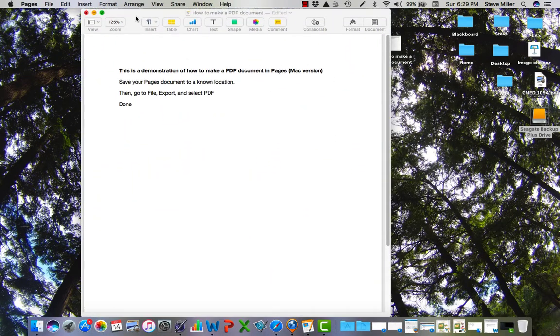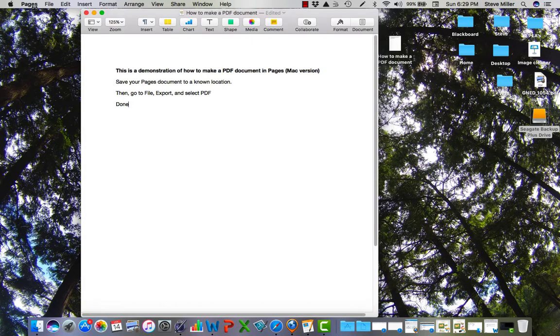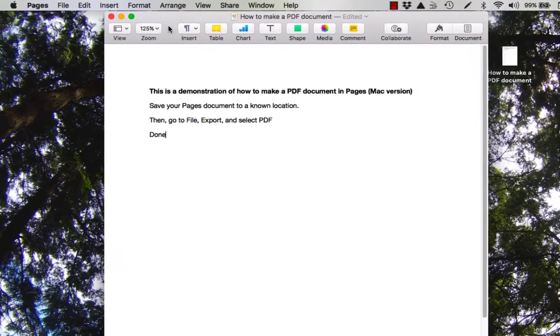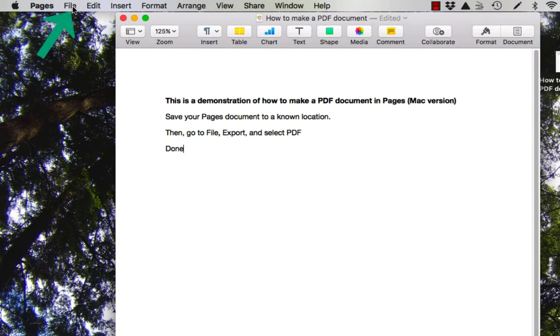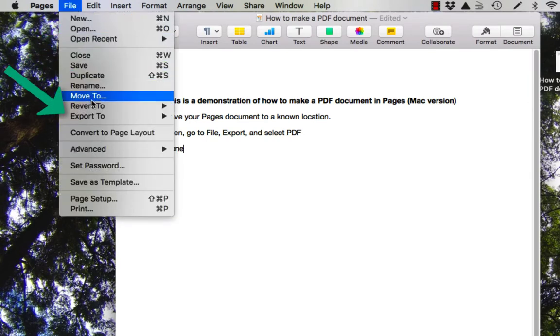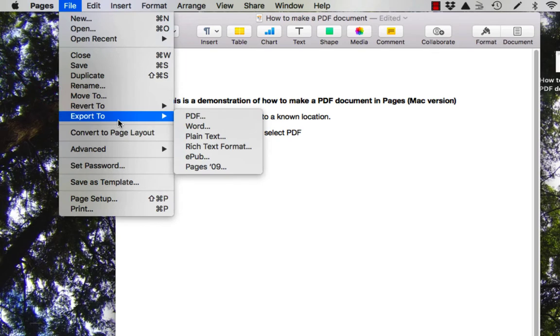Here's a Pages document, and if I'm going to make a PDF with a Mac, it's pretty straightforward. Go to File, Export, and there's your option, Save as a PDF. So just click it,